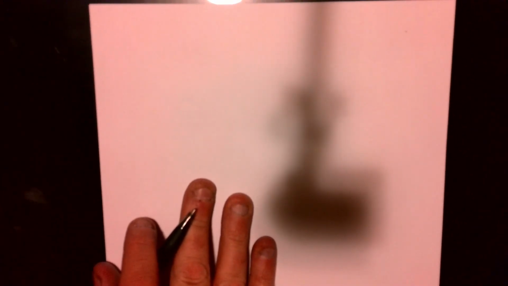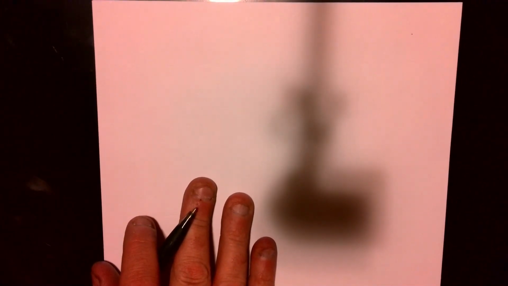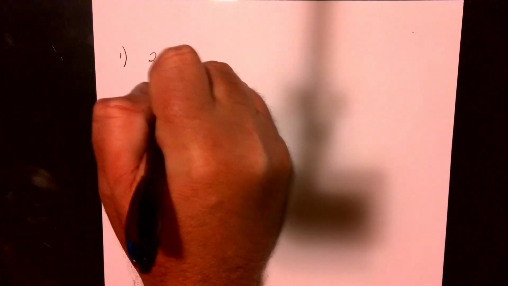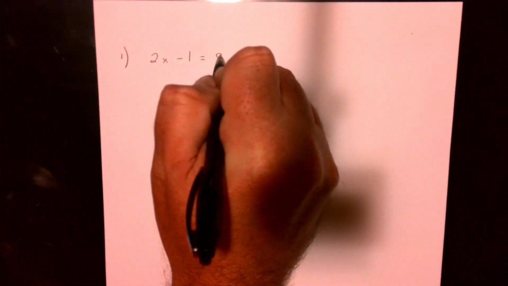Okay, today we need to focus on solving two-step equations before we move into the 8th grade concept of solving multi-step equations. So this hopefully should be a review from 7th grade. If we have the equation 2x minus 1 equals 9,